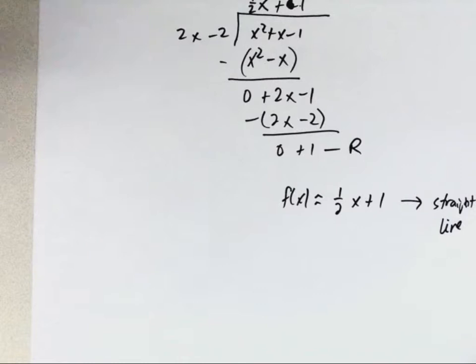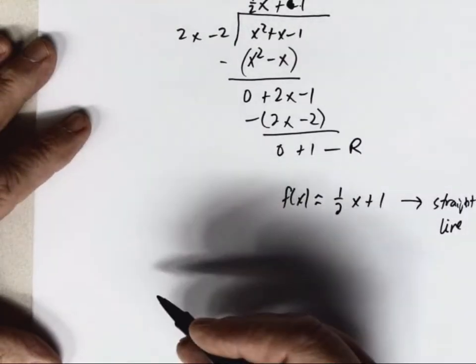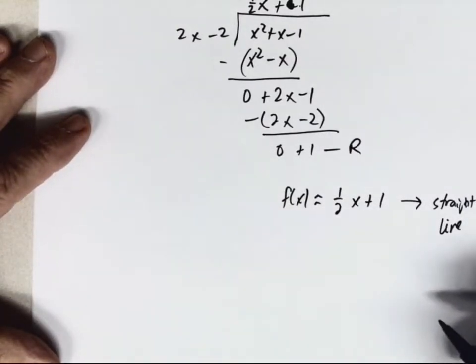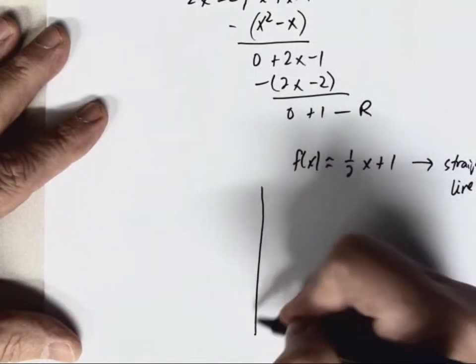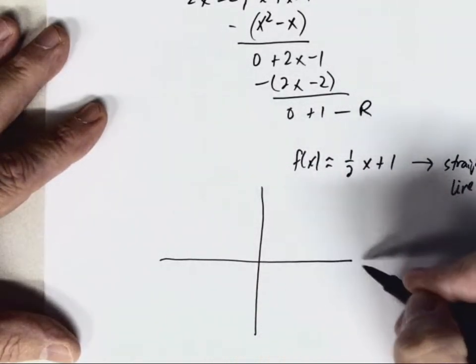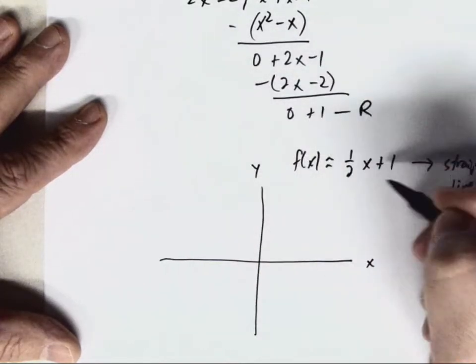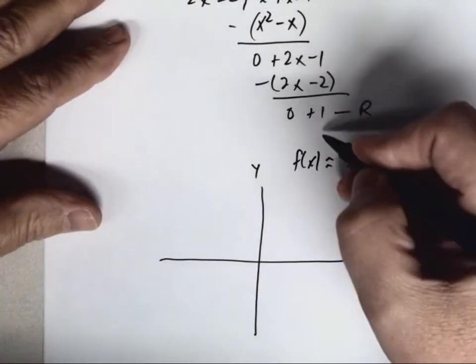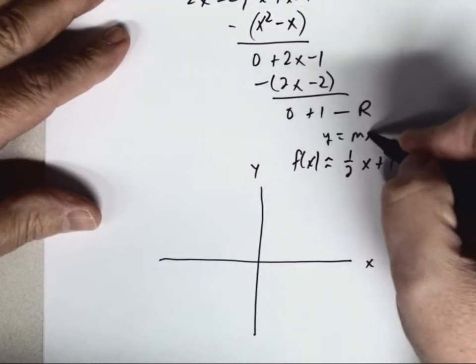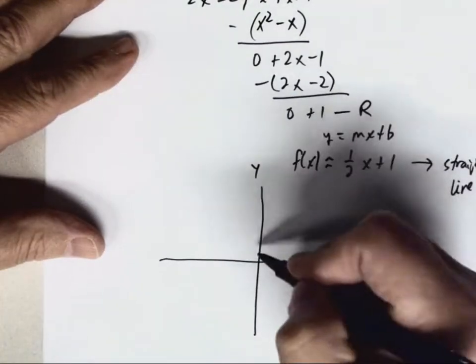It's an asymptote, but it's a straight line, but it's not vertical or horizontal. It's actually at an angle. And I can plot this asymptote. If you remember how we graph lines, if you remember y equals mx plus b,